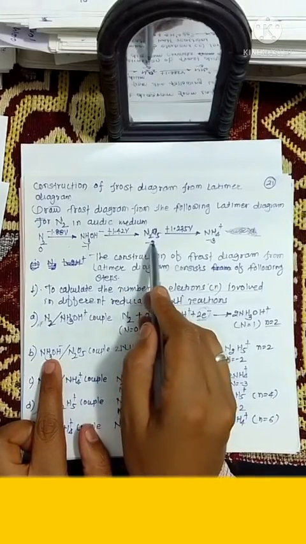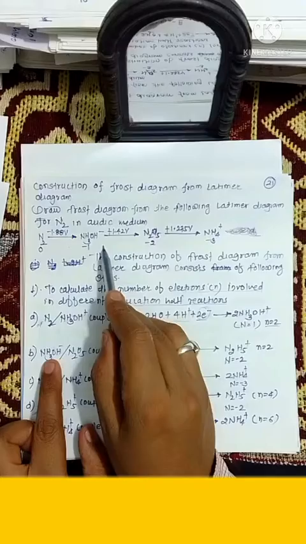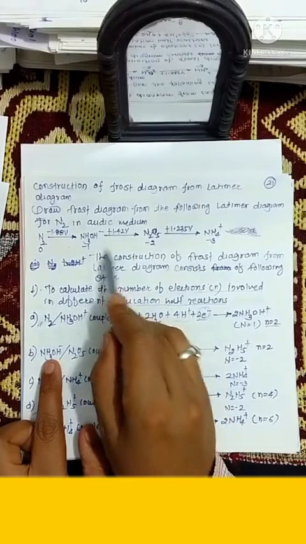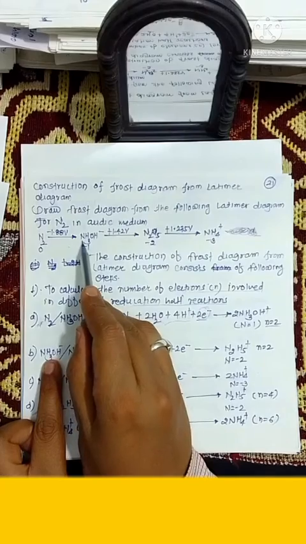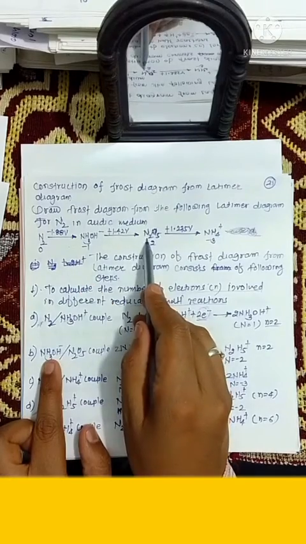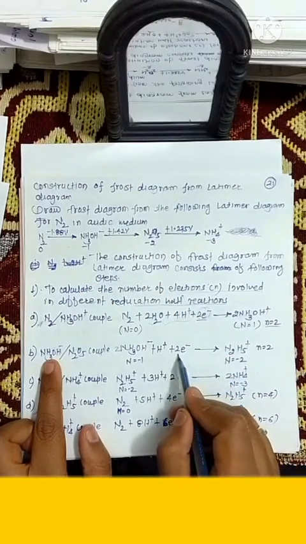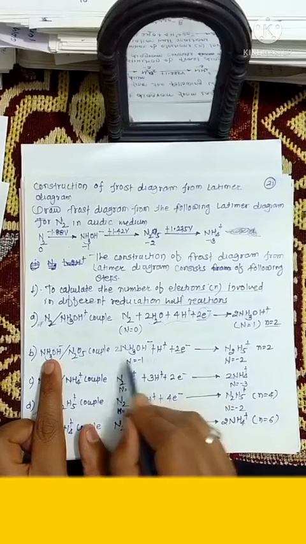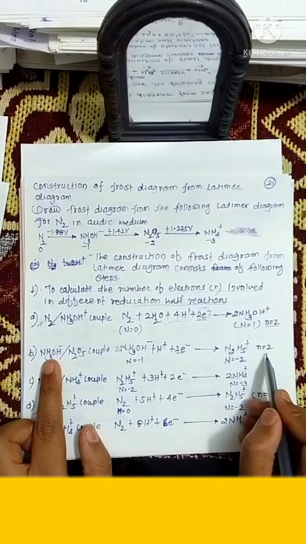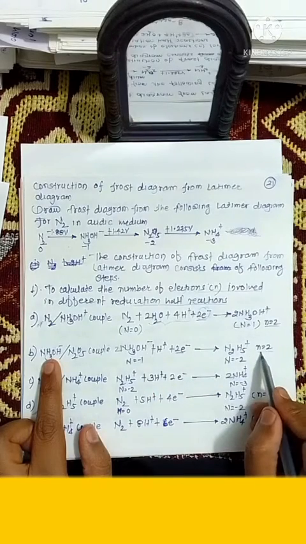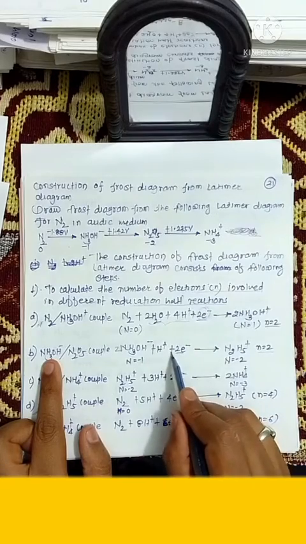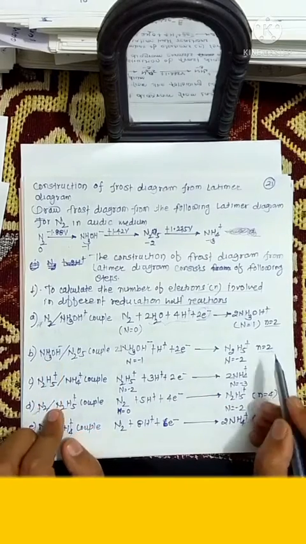From NH3OH plus to N2H5 plus couple, it is also a one electron change, but see, here is one nitrogen, here are 2 nitrogens, that's why you have to multiply that electron with 2, and we got this type of reaction. So in this case also the number of electrons used in this reaction is 2.